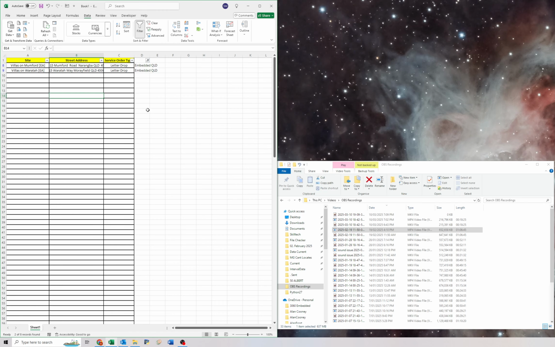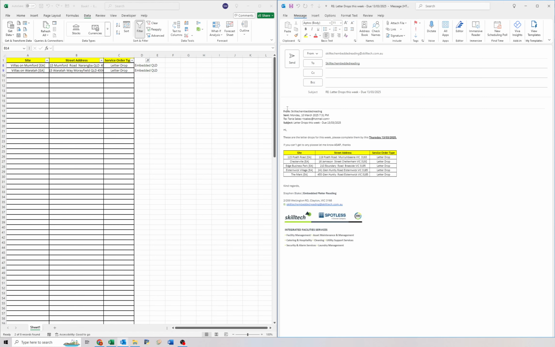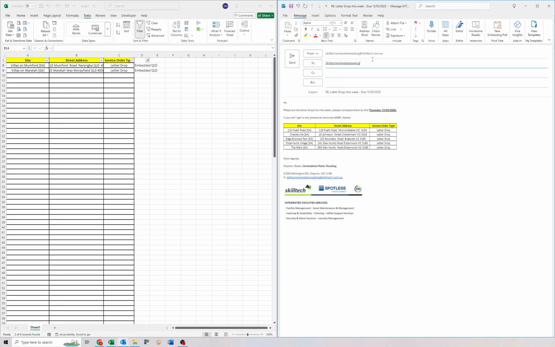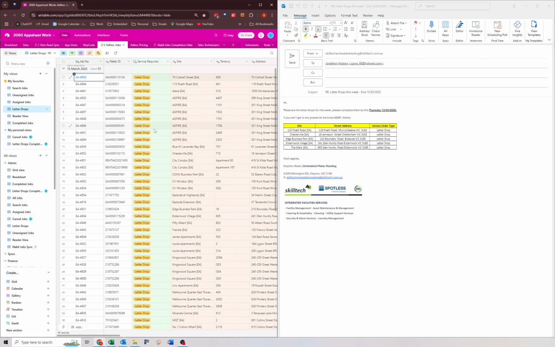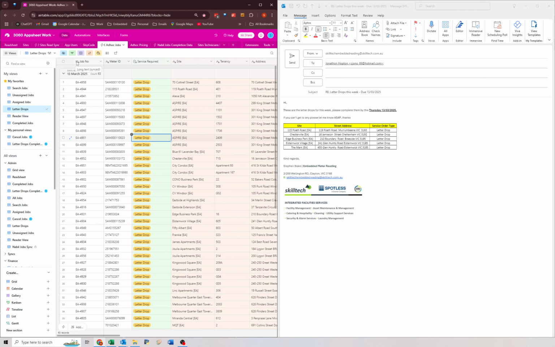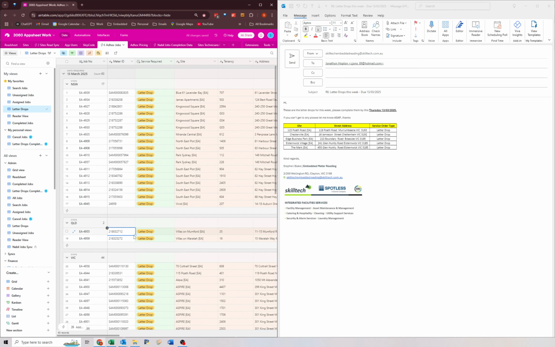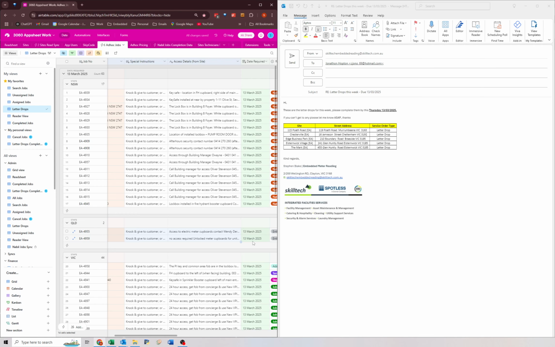So Queensland would be a bit different. Queensland, what we'll do, it's a bit complicated because of the cyclone, but what I would usually do is, so it's Jonathan, Jono is his handle. Let's add this to favorites. So what I would usually do is I would send a more detailed email than just that one. Let's group again by state. I would send like the full list, and I would just say